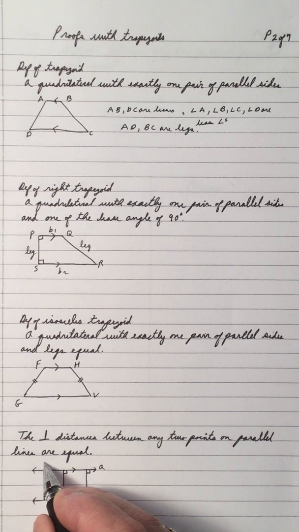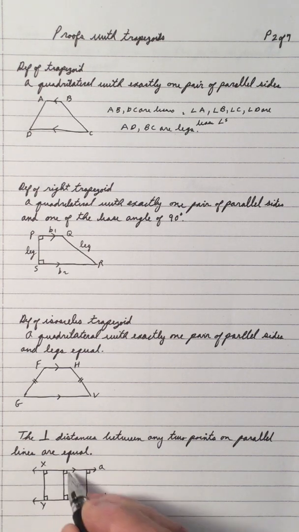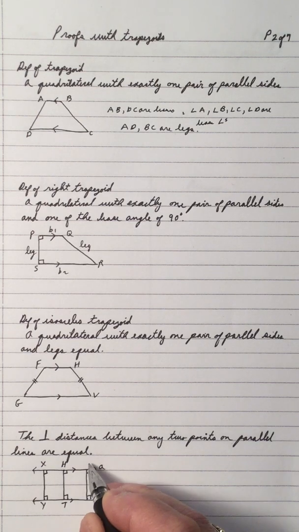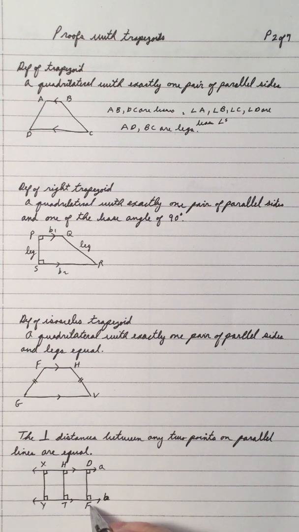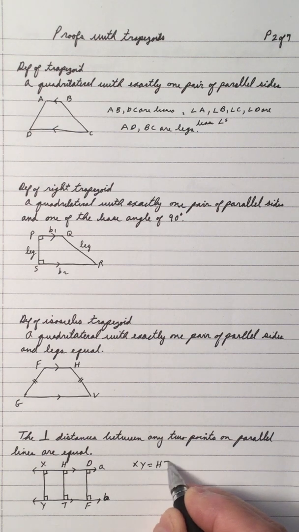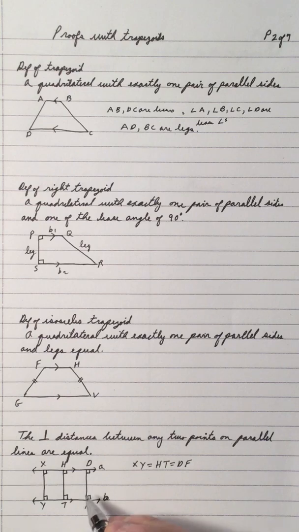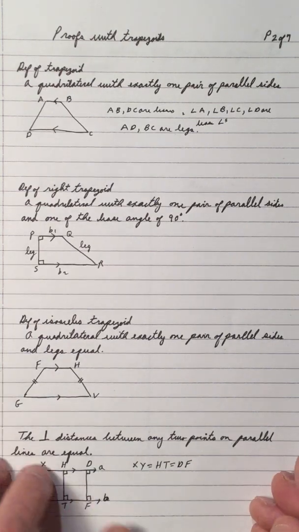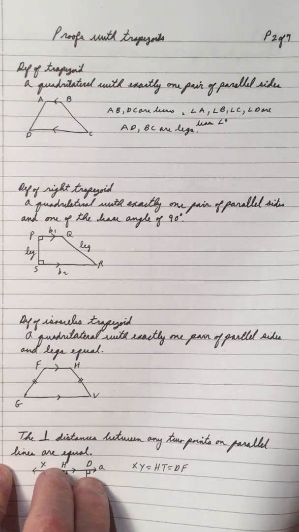So that means if this is X, Y, and this is H, T, and this is D and F, then XY is equal to HT equals DF. The perpendicular distances between parallel lines are all equal. So let's turn over and look at some proofs with the